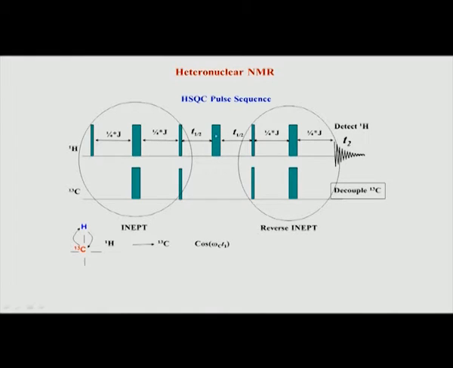And why is this here? The reason is that during this period, when the carbon is free to evolve because of its chemical shift, it will be coupled to protons by J coupling, because that is what is here. So, we are exploiting the J coupling in the first place to get the transfer by INEPT. Remember, INEPT works by using J coupling between two atoms. So, here, during this period when it is evolving, it will be coupled to the hydrogen.